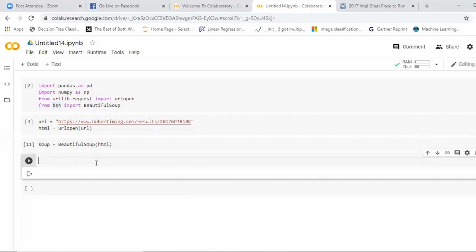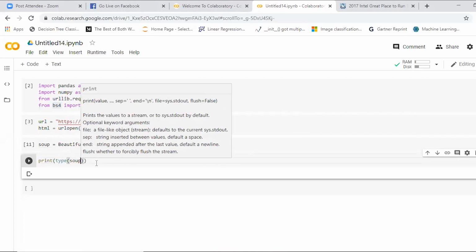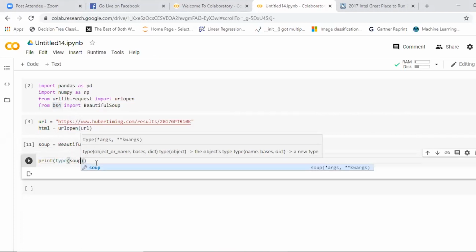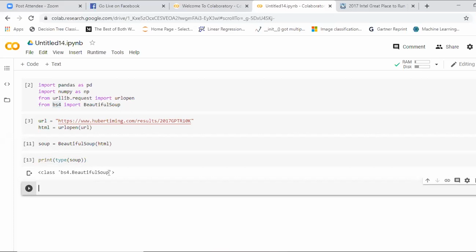Instead of directly printing soup, what we'll give is, let's check the type of it. We should get the class as BeautifulSoup, so that whatever procedure we are following is correct. See, it has given the class of bs4.BeautifulSoup. See, you'll understand. First step, you open the URL, then we extract the content from the web page with the help of Beautiful Soup. We're giving the variable.